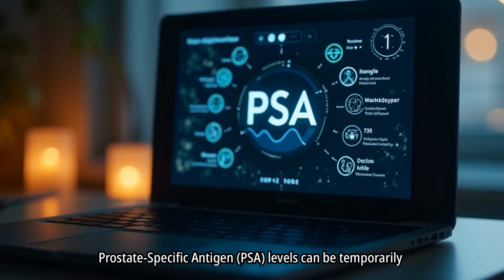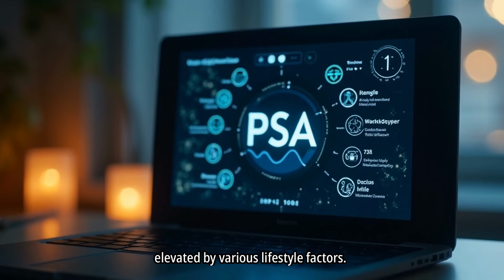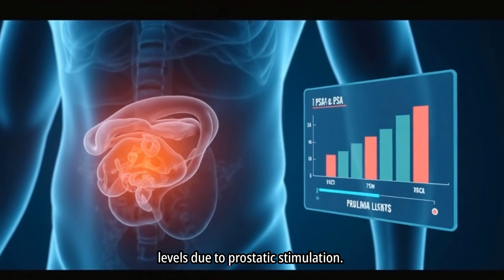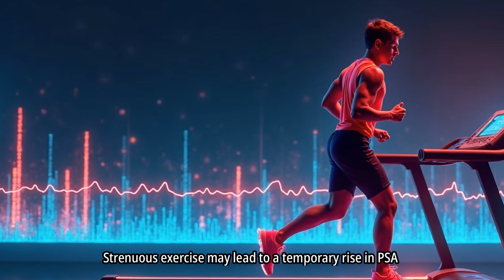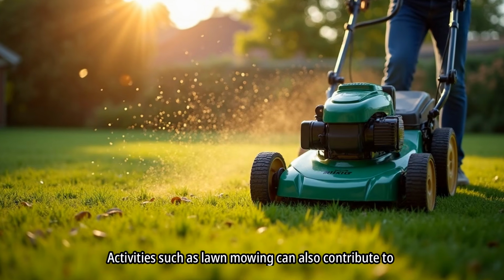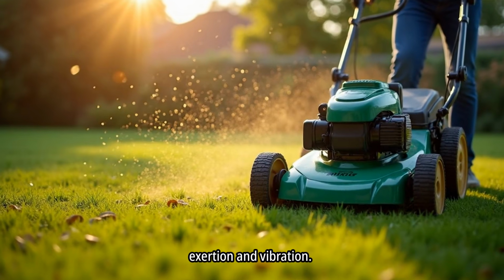Prostate-specific antigen, PSA, levels can be temporarily elevated by various lifestyle factors. Sexual activity can cause a transient increase in PSA levels due to prostatic stimulation. Strenuous exercise may lead to a temporary rise in PSA as a result of increased blood flow and pressure. Activities such as lawn mowing can also contribute to a temporary elevation in PSA, possibly due to physical exertion and